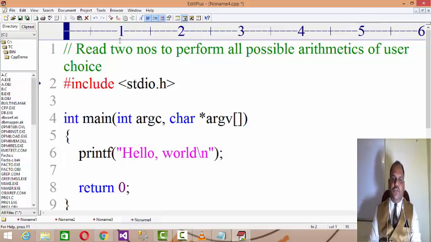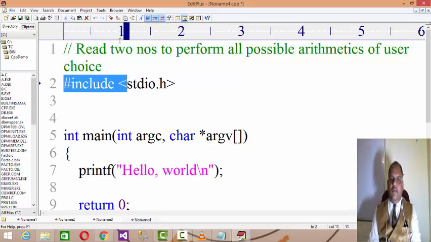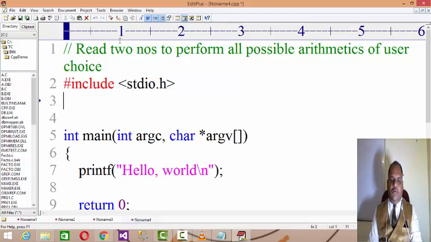So obviously it's an example of a switch case, because you are trying to perform multiple operations with the two numbers. Possibilities are more than one. Then hash include stdio, hash include